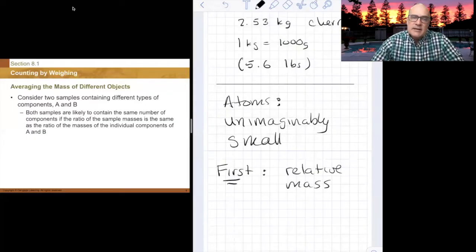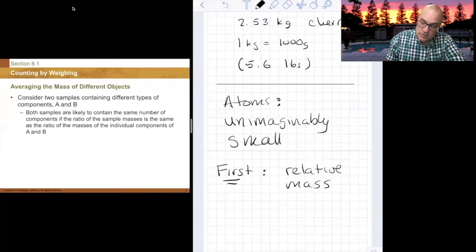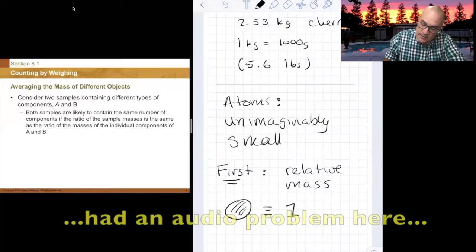So relative mass is kind of nice because if we can use different kinds of atoms to figure out the mass of them to each other, a relative mass, we don't really need to know the absolute mass, okay? So in other words, if I say that this atom, if I define this as 1,